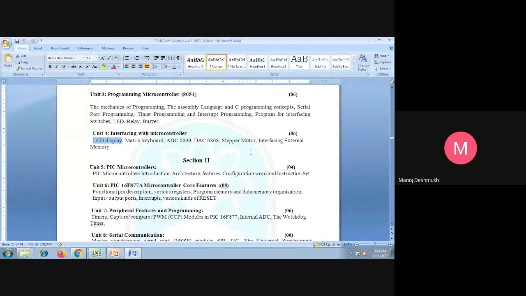So write in that: in this chapter, interfacing of LCD display, matrix keyboard, ADC, DAC, if you want to write names, write ADC 0809, DAC 0808,